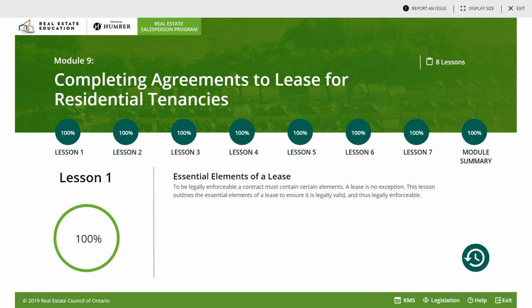Statutory requirements of the reserve funds. Solely for major repairs and replacement of common elements. All condos are required to have a reserve fund. A reserve fund shall be used solely for the purpose of major repair and replacement of the common elements and assets of the corporation. The status certificate does not include the full reserve fund study, but rather the notice of a future funding of the reserve fund.